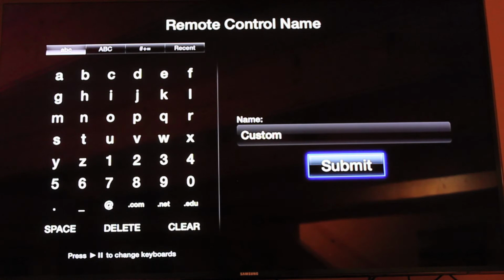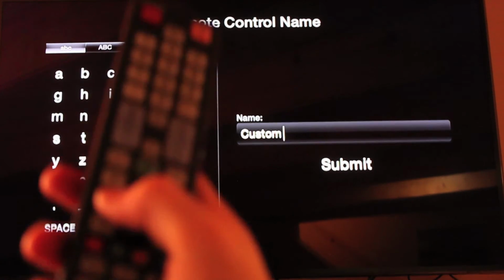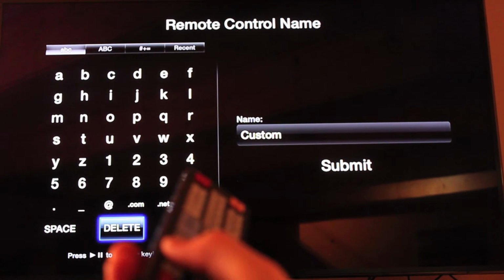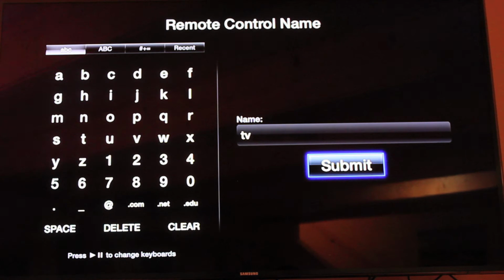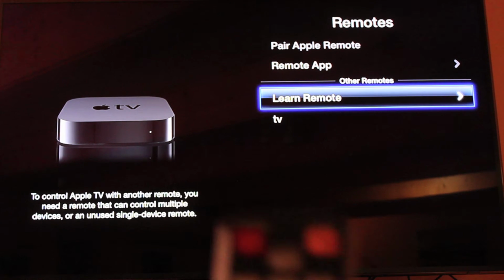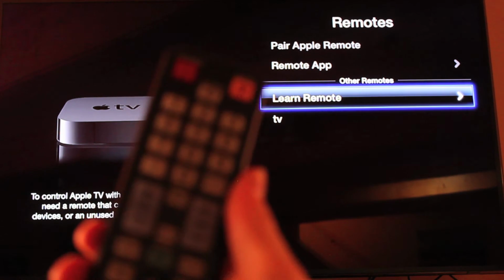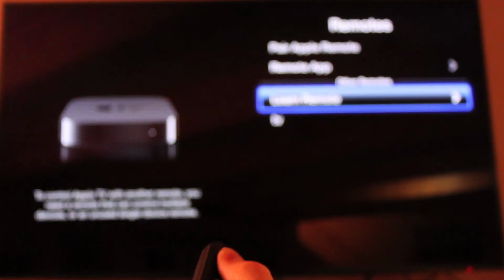Ta-da! Alright, and it has learned it, and so now I can choose to name it, and as you can see here, I am now actually going to be controlling it with this device. And hit submit, and the remote is now ready to use. I hit OK. Now I will show that I have set this up, and that it is my TV remote, by hitting the power button here. My TV turns off, and I can turn it back on,